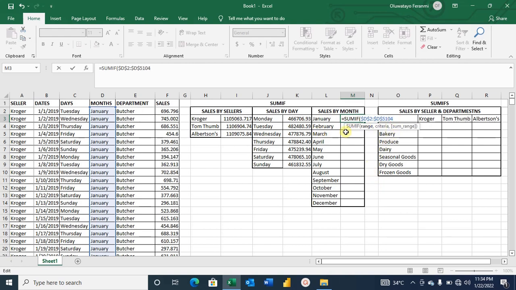So you are telling Excel to go to cell D2 to D5104 and look for what condition? Look for January. Remember, I told you you can easily type January instead of selecting, but it has to be in quotes. But the beauty of selecting is that, if you type it, the moment you want to apply the formula, you would have to change January to February. You have to edit each of the formulas, and change January to February, then edit March, change it to March,